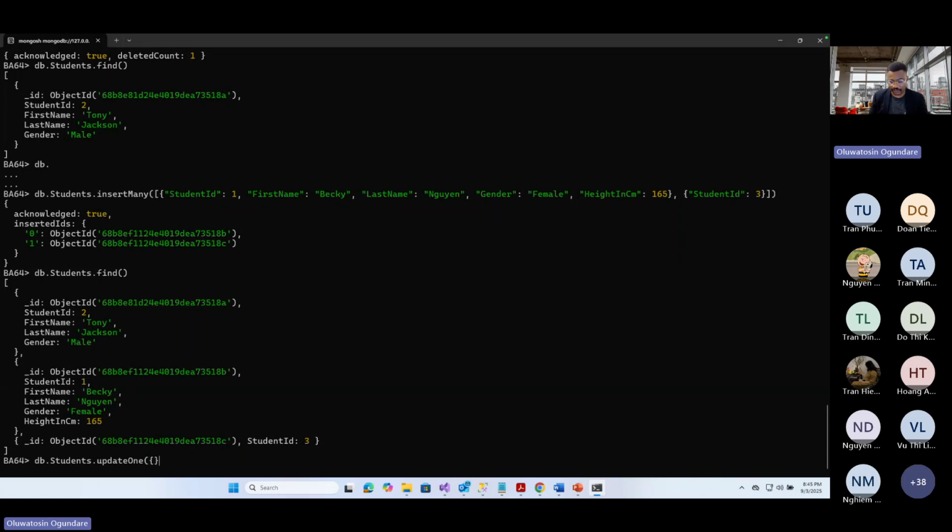So first of all, we have to match, and we would match on student ID 3, and then we can now in the document to set, we can now of course set, which also takes a document from us,